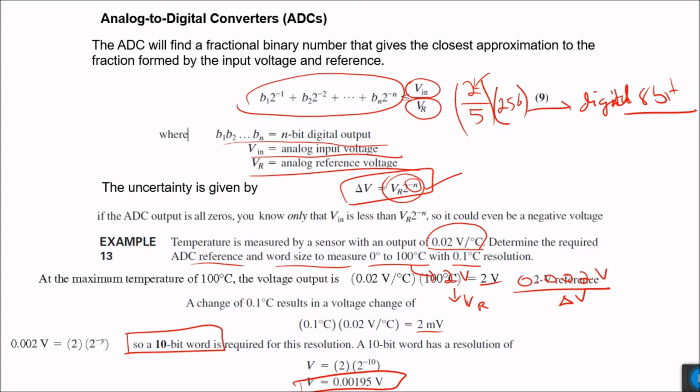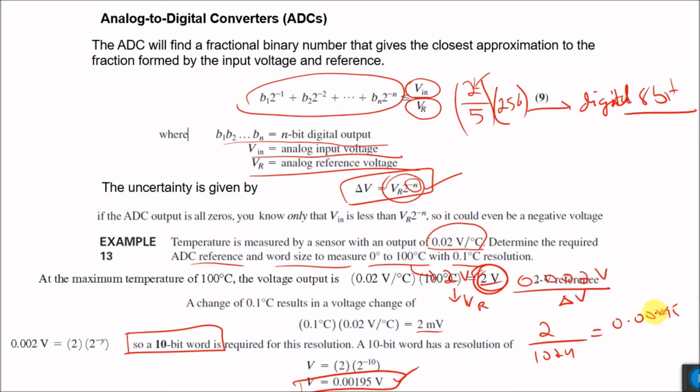So now what would happen if an 8-bit ADC was selected? What would be its resolution? The resolution can be very easily found. Divide the reference voltage by the maximum possible digital value. So 2 over 1024 would be equal to del V, and that comes out to be 0.00195, just like shown here for our 10-bit ADC.